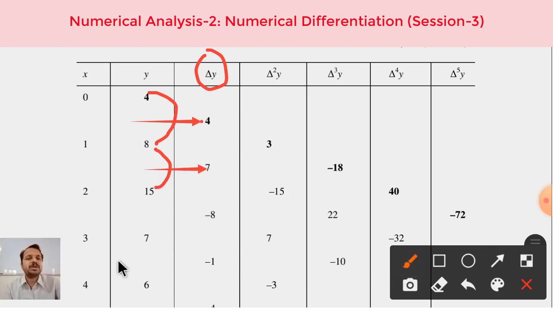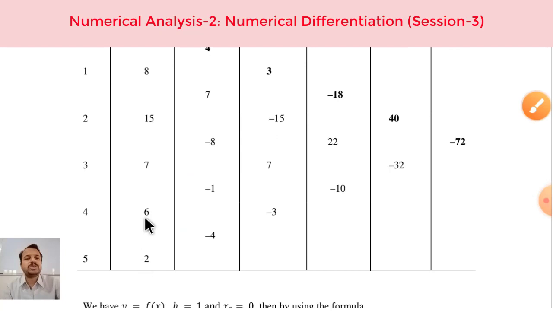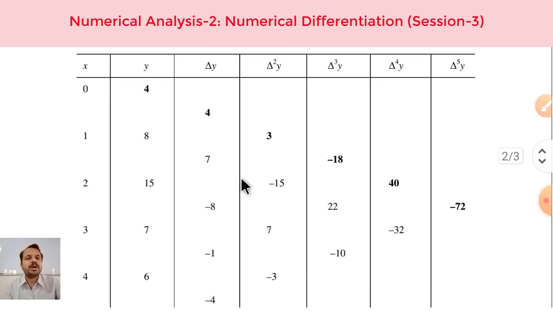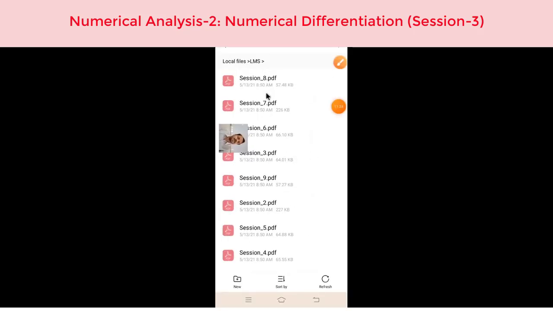Next, 7 minus 15, answer is minus 8. 6 minus 7, answer is minus 1, and so on. 2 minus 6, answer is minus 4. So we have now obtained this column, and this column is of first order differences, that is delta values. And again, to get the second order differences,